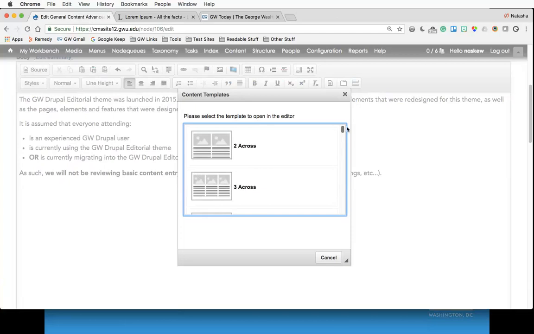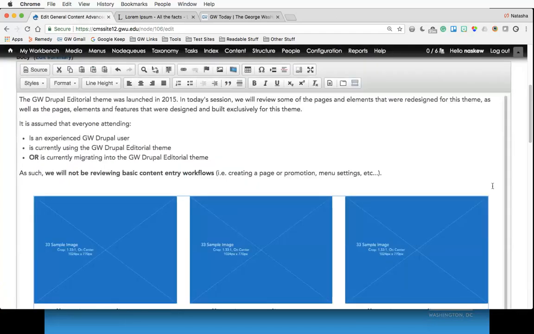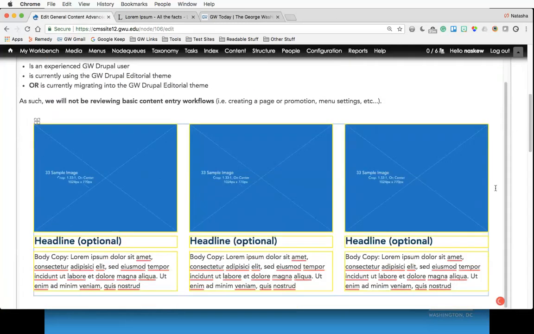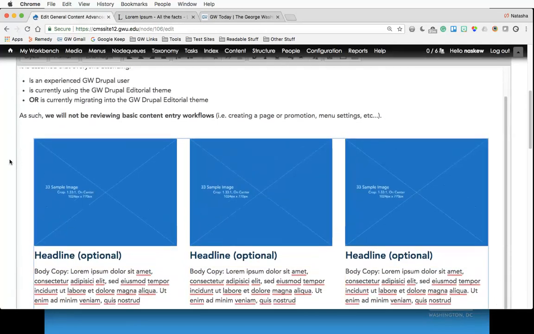at the top of our page. I'm going to select the 3 across. Once you select a template type, it gets placed within the text editor. It's got the yellow highlights around it to kind of show you where all the boundaries for everything is. And you just swap out the default text and images that is in there